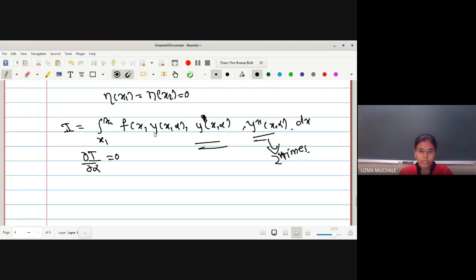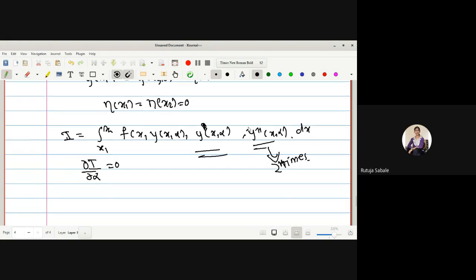No doubt this will be 0 after a derivative. Here will be some term. Here we have to solve integration by parts, and here we have to use integration by parts 2 times, and we get the result. Okay, try to solve this, and you have to tell me the equation in the next lecture. If you are not able to solve, no doubt we will solve it in the next lecture. Okay.